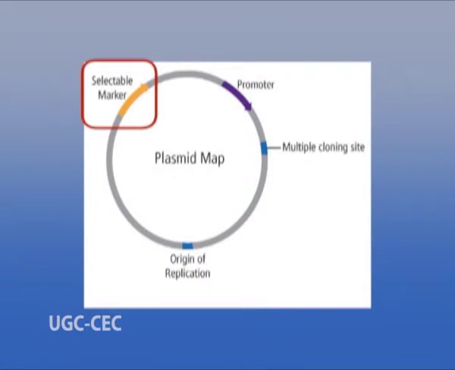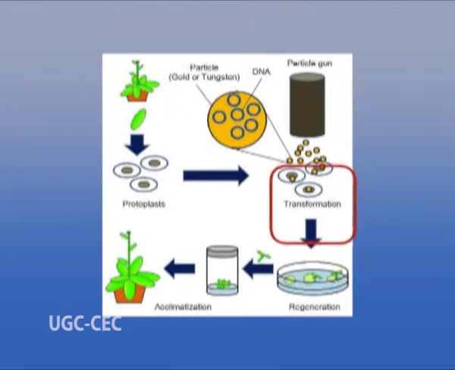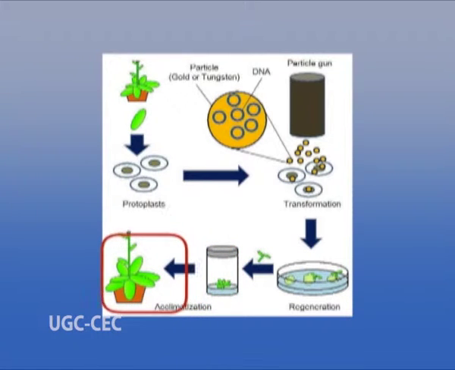As the microcarriers enter the plant cells, the transgenes get free from the particle surface and may get inserted into the chromosomal DNA of the plant cells. The selectable markers present in the DNA segment help in identifying the transformed cells, which are then regenerated and developed into whole plants by using tissue culture technique.